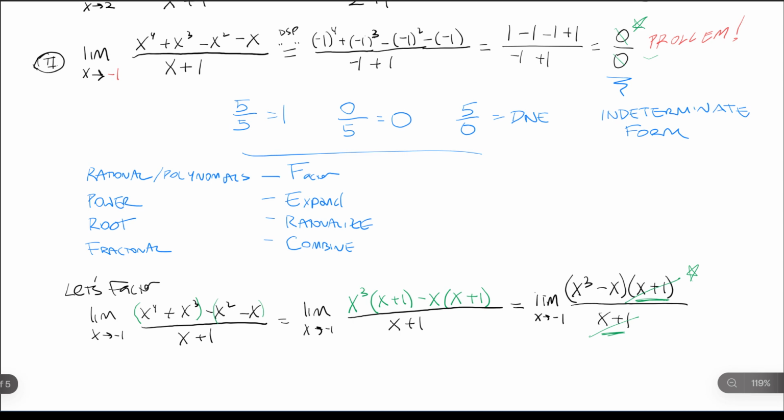If we're at -1, then there's a 0 with 0. No way we can cancel those. If we're near -1, then these are not 0 and we can cancel them. Right, so that's a very important fact to remember about limits. Limits are all about what happens as you approach a point, but not necessarily at the point. All right, and so because we can cancel these, because they're not 0, they're close to 0 but not 0, we can cancel them. Then we have,